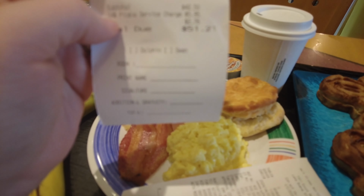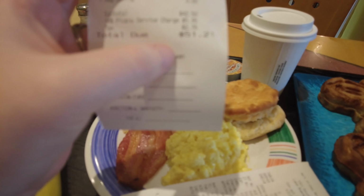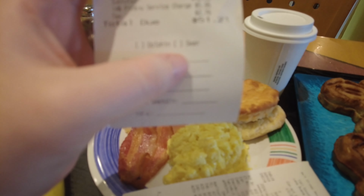There's a 14% Picabu service charge for $6 as well. So our total came out to $51.21. If we would have gone for the breakfast buffet at Rosa's, it probably would have come up to another $10. But we would have had a lot more food because of the buffet style. So up to you, but good to know. And yeah, let's get